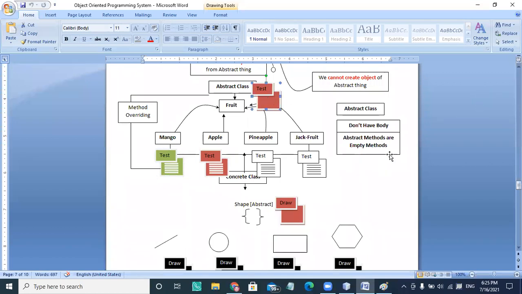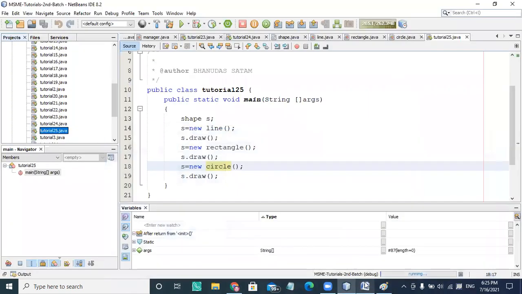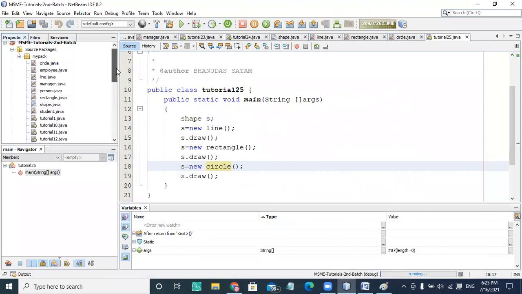That is the reason it is empty. So tomorrow I'm going to explain the interface. What is an interface, how it is used in Java, and what is the difference between an abstract class and an interface, that also we are going to learn. After that I'm going to explain exception handling in Java, and after completing exception handling, in the next class we are going to learn file handling. Okay, and after that we are going to understand database connectivity with Java.